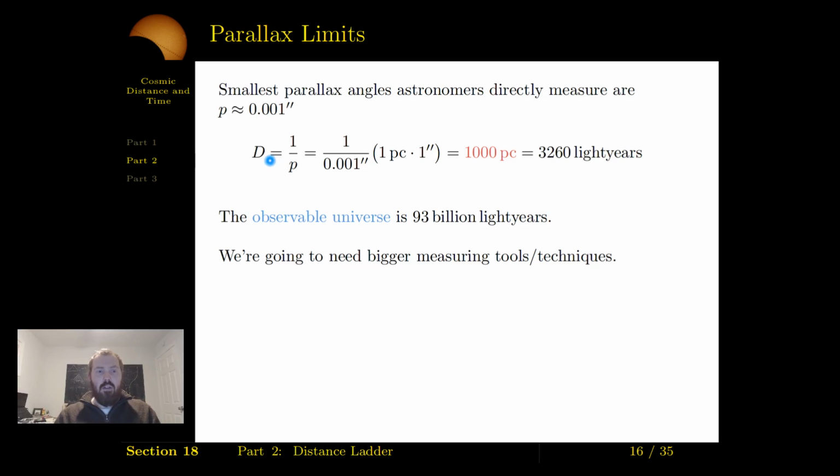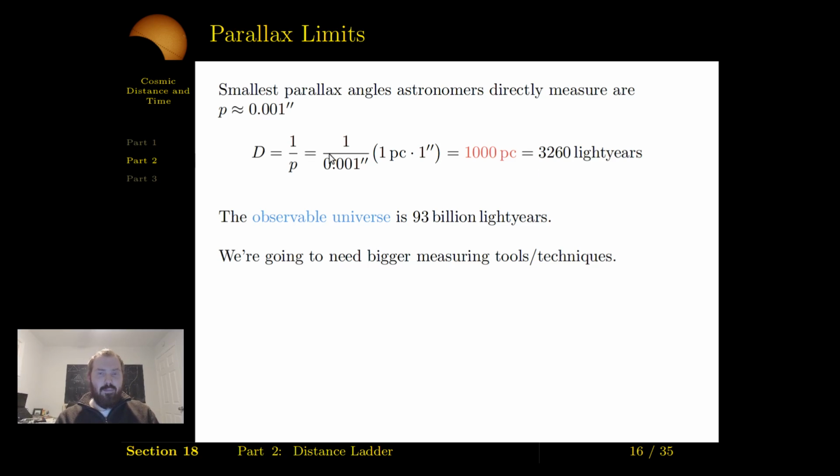Well, d equals 1 over the parallax angle. So 1 over 0.001 arc seconds multiplied by our correct units, 1 parsec times 1 arc second. Cancel the arc seconds. That's 1 divided by 0.001 parsec. Plug it in your calculator or do the powers of 10 in your head, and you'll find this is 1,000 parsecs or 3,260 light years. Well,